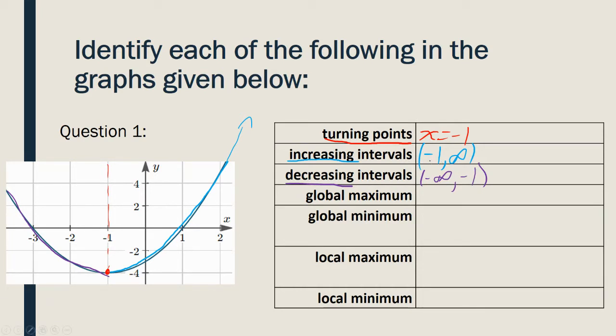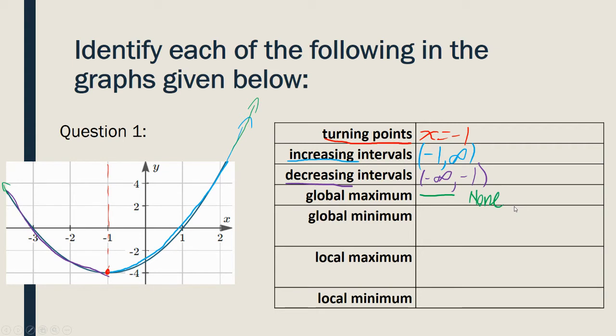So now I'm going to look for my global maximum. Do I have any global maximum? I'm looking for a mountain. I'm looking for the tallest mountain over this entire graph. Well, if I keep climbing up and up in either of these directions, you'll notice I will never cap off and form a mountain at all. So there isn't a global maximum. I'll just say none. There is not a global or absolute maximum. There is no